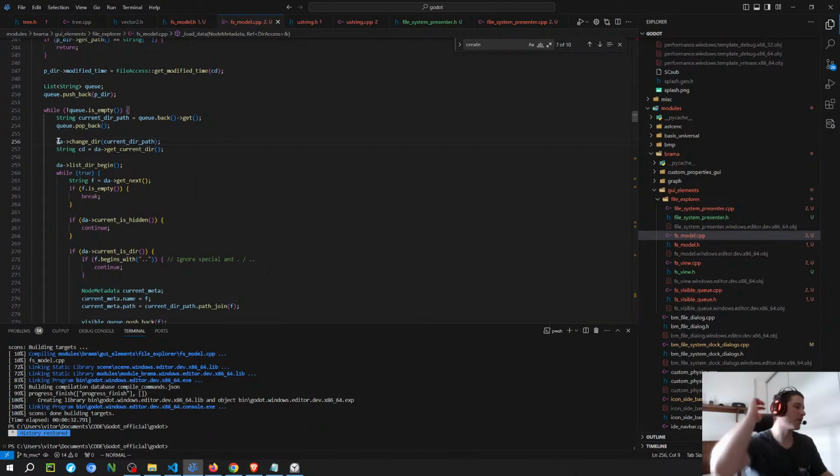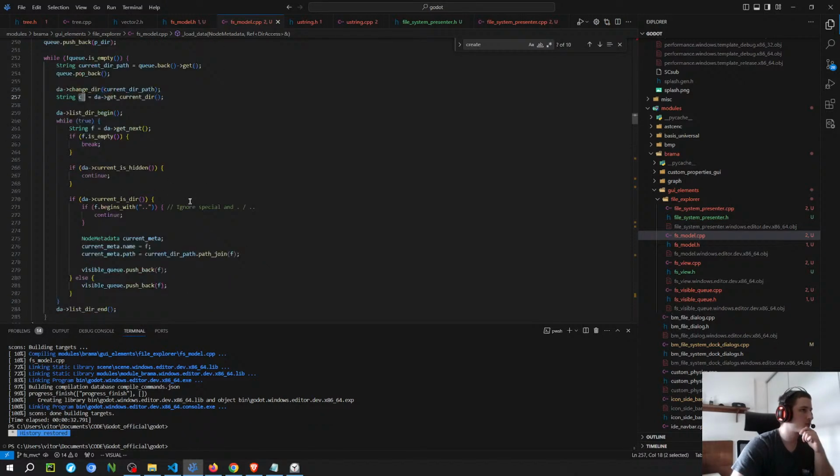Or if I use the dir access to get the current path. Well, cd is the current directory. So maybe just cd is better. So the cd path join. But the problem is that I need to do